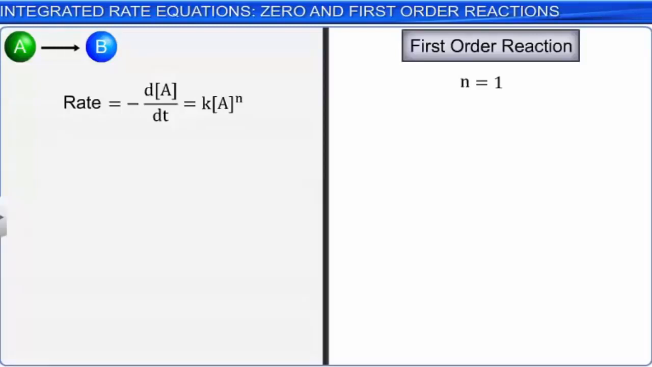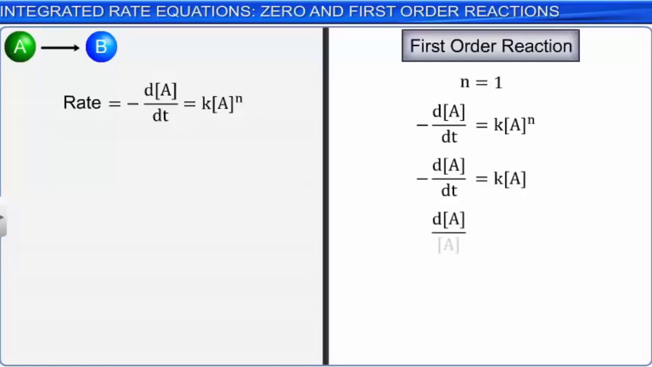Hence, in a first-order reaction, n is equal to 1. Substituting n equal to 1 in the differential rate equation, we get minus d[A]/dt is equal to k multiplied by concentration of A, or d[A]/[A] is equal to minus k into dt. Integrating both the sides, we get